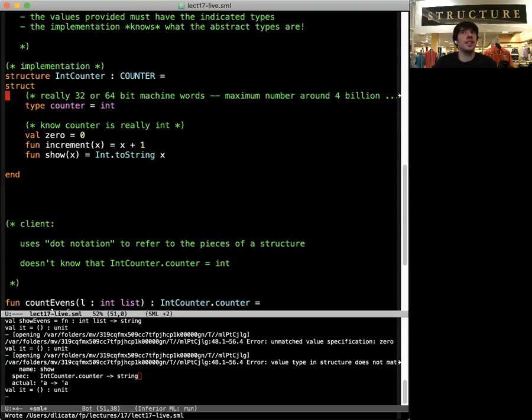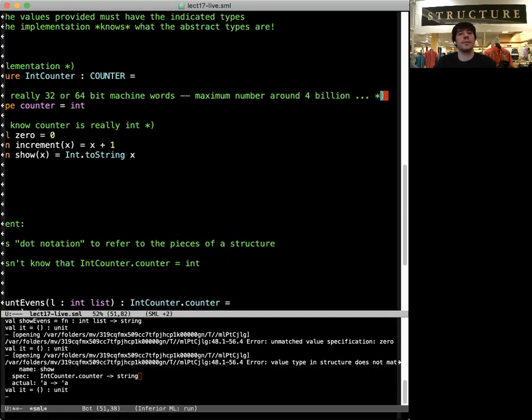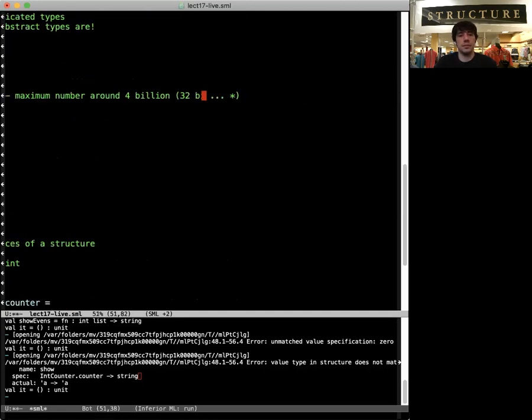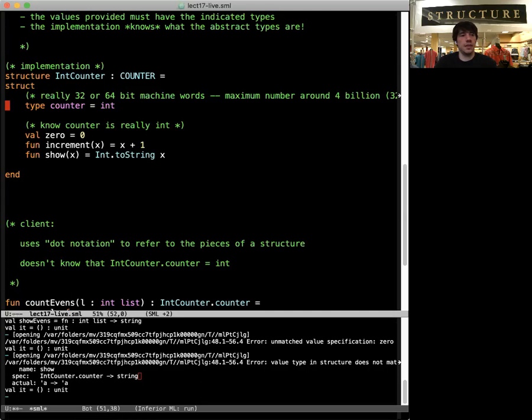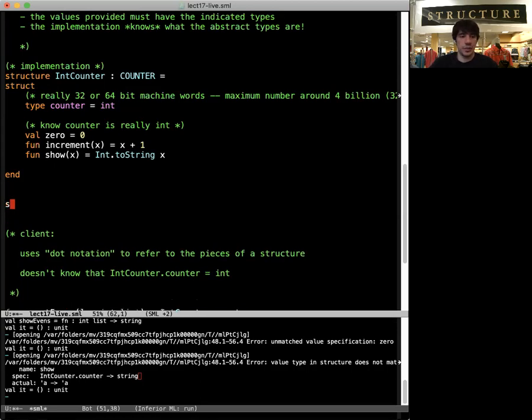So if you wanted to do a calculation that involved bigger numbers than that, than 32 or 64 bits, then you would need a type of numbers that can represent counts bigger than 2 to the 32 or 2 to the 64, or because they're signed, it's actually like 2 to the 31 or 2 to the 63, because you still have them for negatives. So